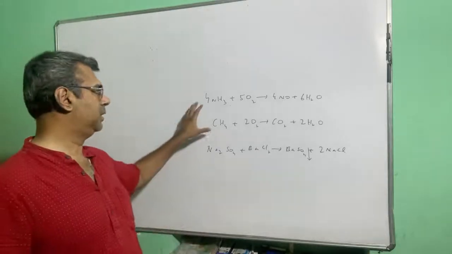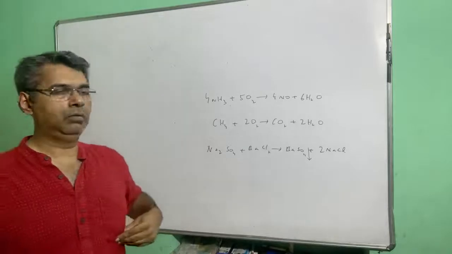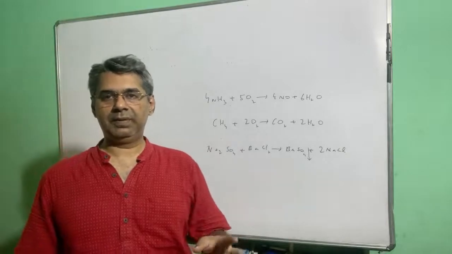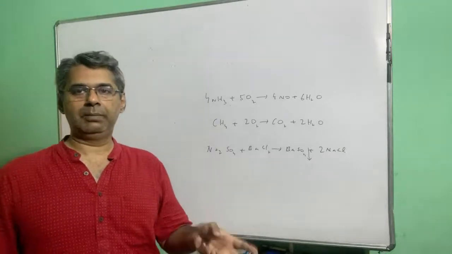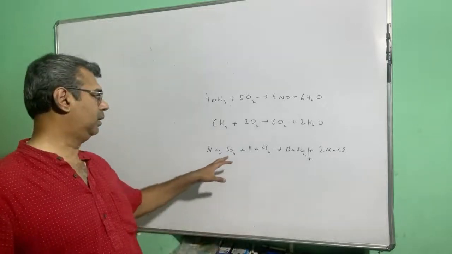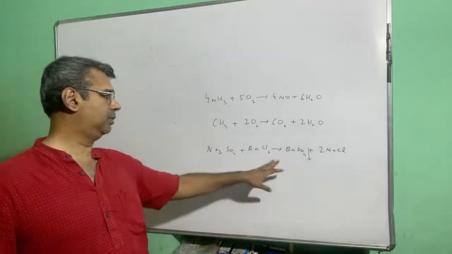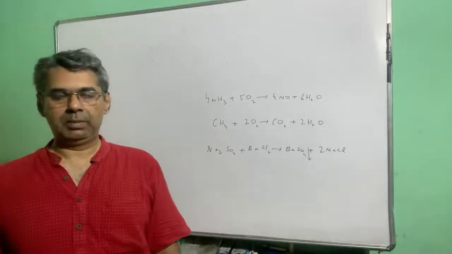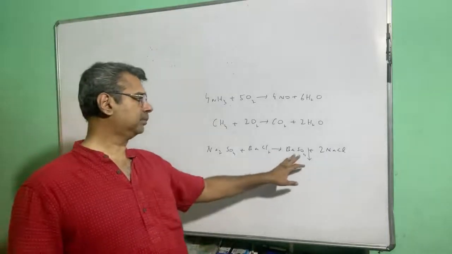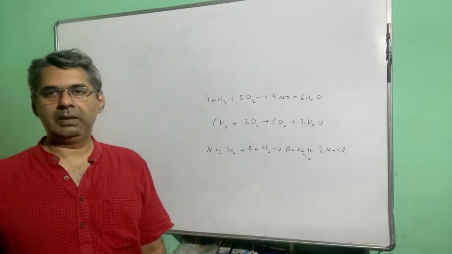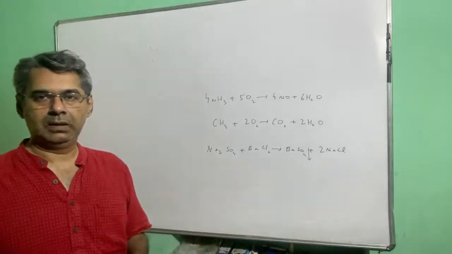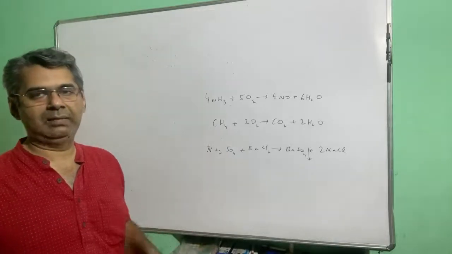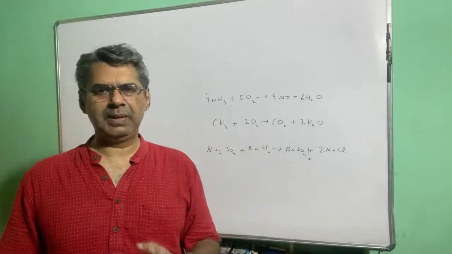So that is why precipitation is a specific example of double displacement. In displacement, one atom displaces another, and in double displacement, there are pairs of cations and pairs of anions which have a mutual displacement. Over here, barium displaces sodium to give BaSO4 and sodium displaces barium to give NaCl. So this is an example of double displacement. And in double displacement, if you get a precipitate, that is a specific example called a precipitation reaction. Now regarding redox, I will give you one example which is frankly speaking not in your syllabus,